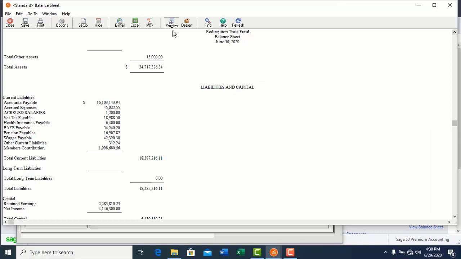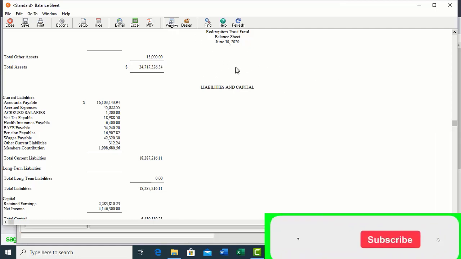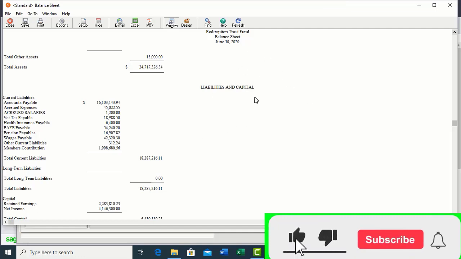Then after that, you want to preview. One can preview. You can also design. You can design this very particular report and change it to a different format. So this is how